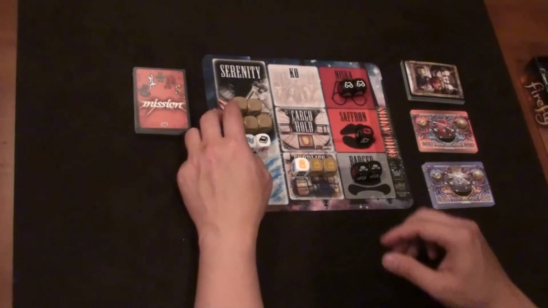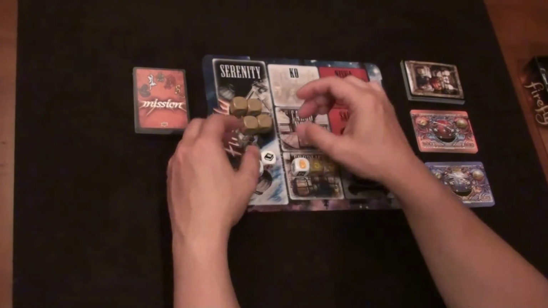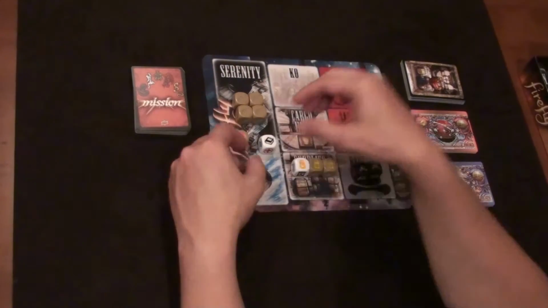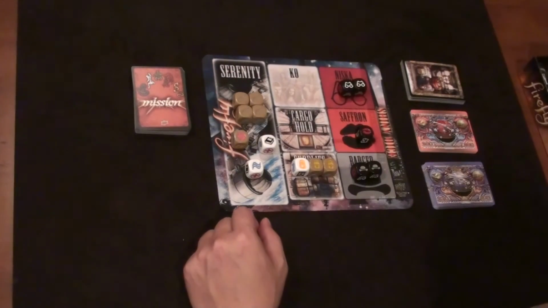Which is not great, but not terrible, I guess. This is a whole lot of Mals, man. So we got 4 Mals, a Kaylee, and a book and a river. So after all the rerolls are complete, we're going to check for bonuses, and then we're going to lock all